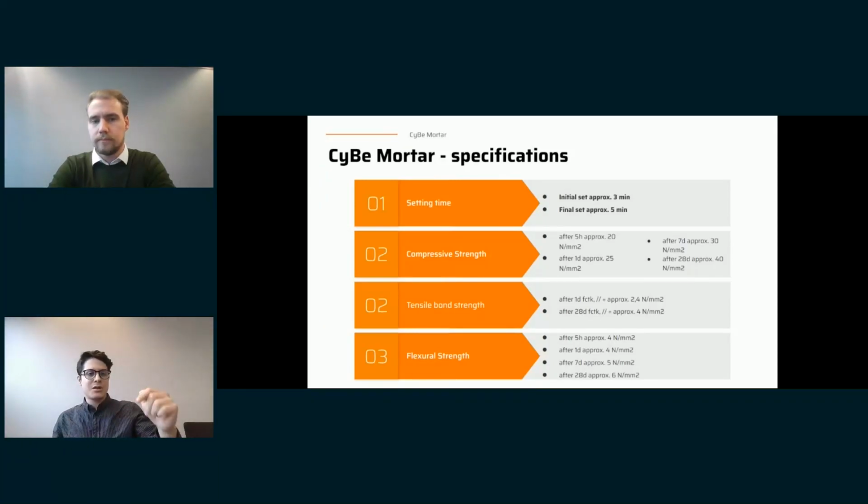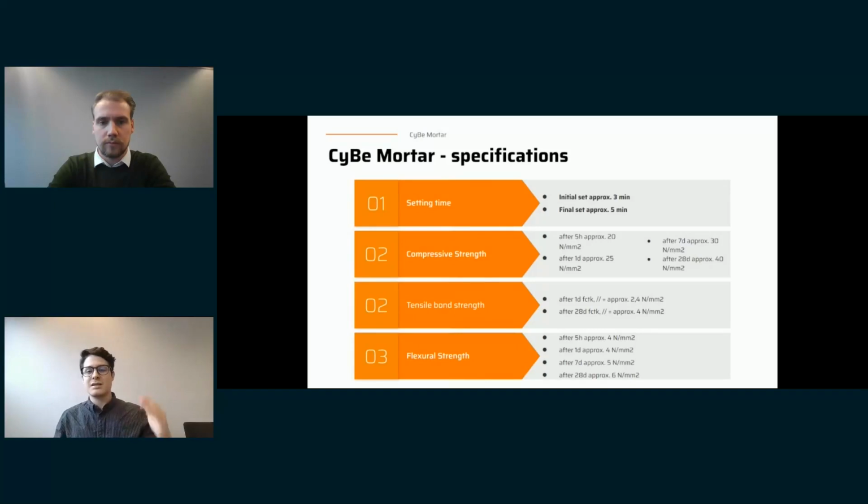And if you check our compressive strength, tensile bond strength, and flexural strength, you can see that the samples that we have tested get a very quick strength. For example, for the compressive strength, in 5 hours we have 20 newtons per square millimeter, or MPa, which is quite quick.